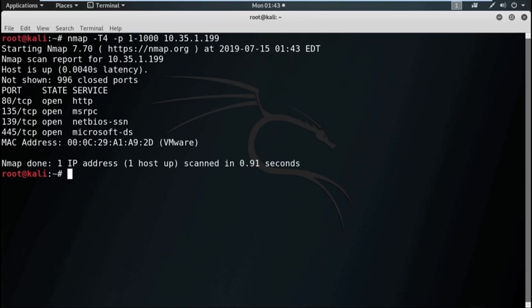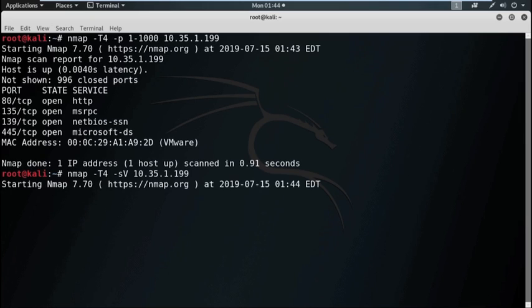Now, perform a service scan. Nmap, timing option -T4, then -sV for service scan, then the IP address 10.35.1.199.